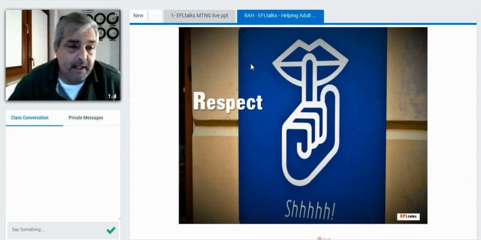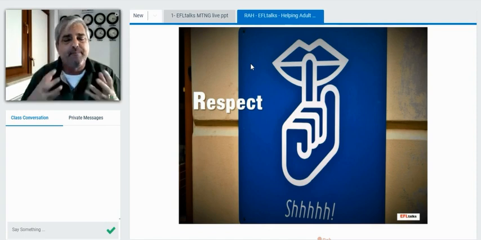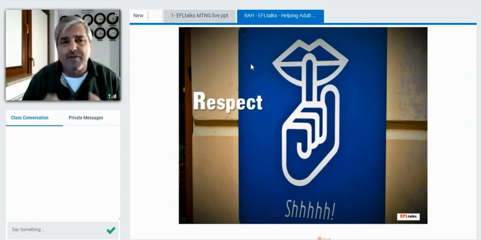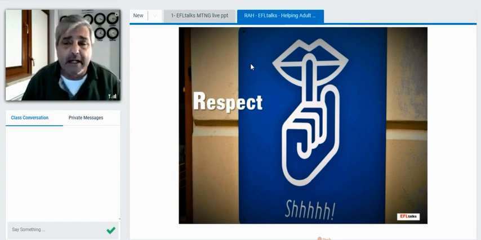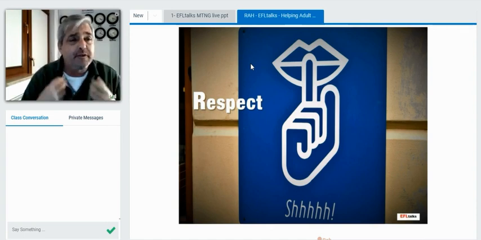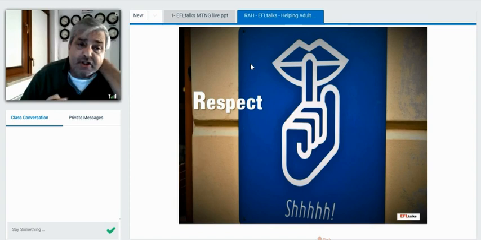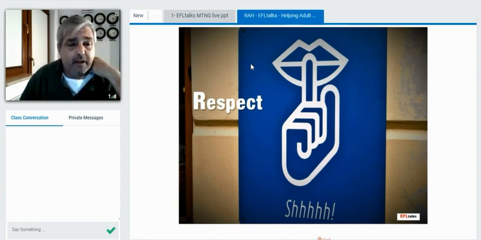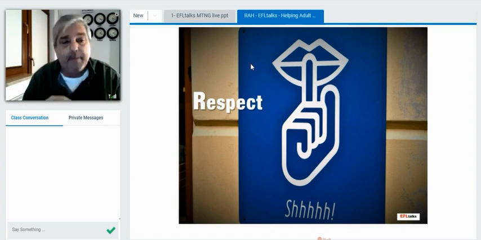Now, respect. You need to respect where the adults came from. Remember, you have to build some kind of comfortable environment where they're willing to make mistakes in front of others without being embarrassed and without being shy. And this is one of the most difficult things, because you have to get them to open up and to let go. The content of lessons needs to be much more varied than dealing with younger learners, because they get very bored.